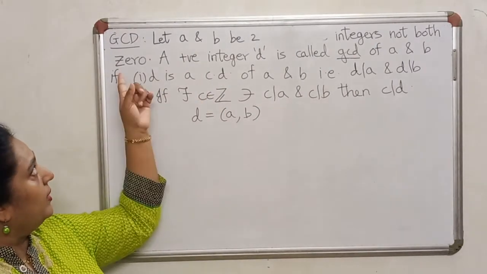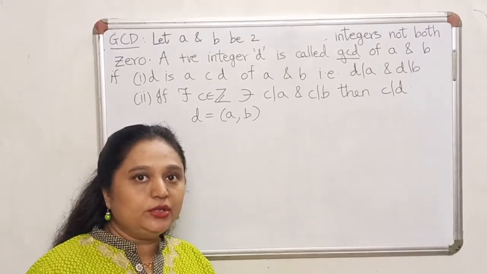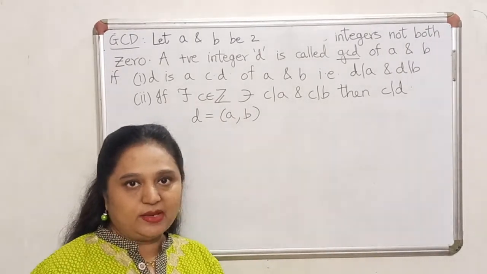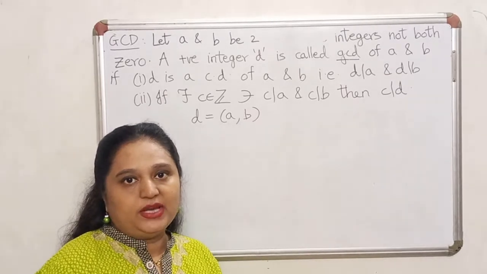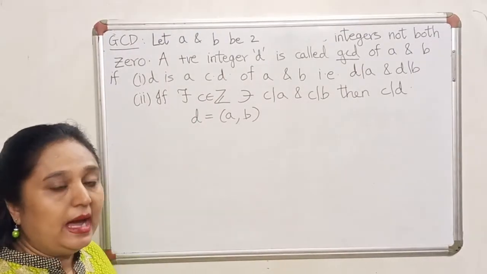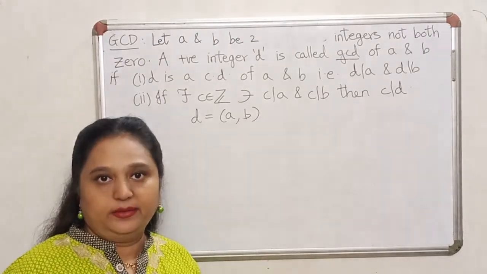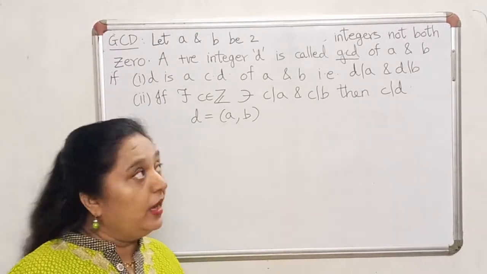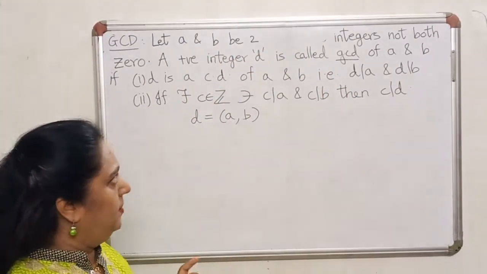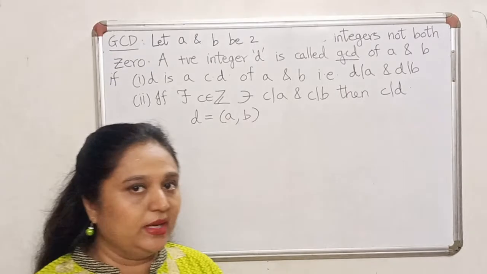Now let's take a look at what I mean by not both 0. Please note that there is a difference between both not 0 and not both 0. When I say both not 0, I mean a should not be 0, b should not be 0. But when I say not both 0, I mean I don't allow the two to be 0 simultaneously. So it is perfectly okay if one of them is 0, but the other one then should be non-zero. So let us think what would happen if one integer is 0 and the other one is non-zero.